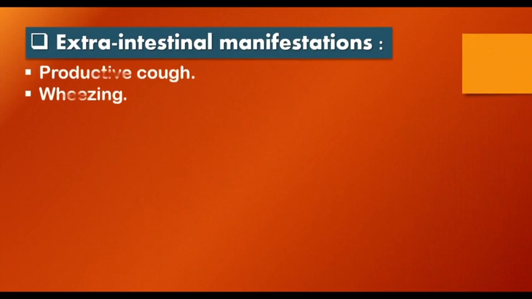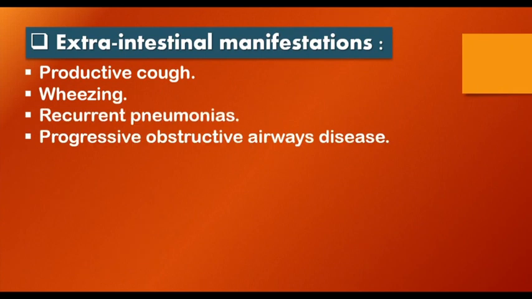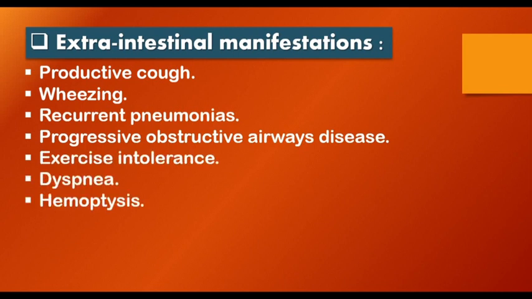Now we will talk briefly about the extra-intestinal manifestations, because we approach these topics from the part of malabsorption. Productive cough, wheezing, recurrent pneumonias, progressive obstructive airway disease, exercise intolerance, dyspnea, and hemoptysis. As you see here, we talk about the respiratory manifestations, because if you remember from the definition of chronic sinopulmonary infections or sinopulmonary abnormalities, the most important extra-intestinal manifestations of cystic fibrosis are related to the respiratory